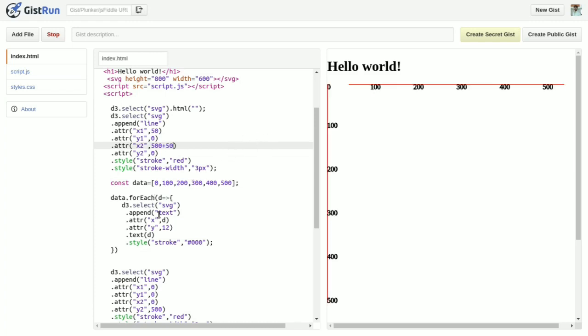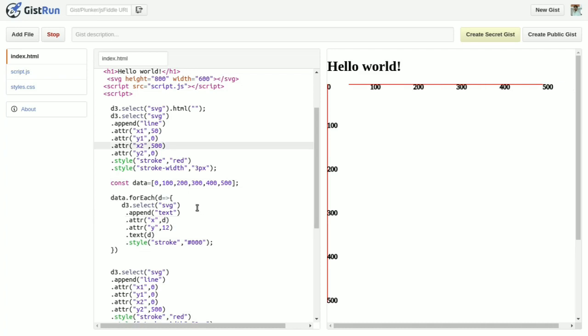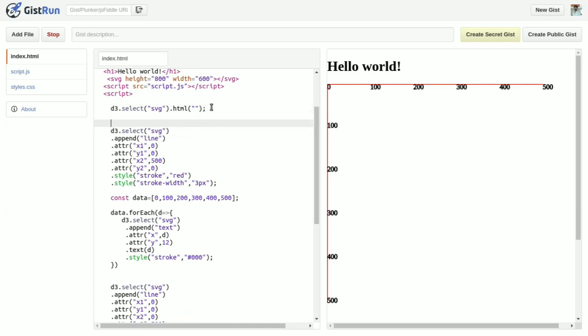Now the same thing I need to do here, d plus 50, so that these coordinates will also continue with the line. So instead of doing this, if you want to move the entire group from left to right, in D3 there is one element, that is a G element.